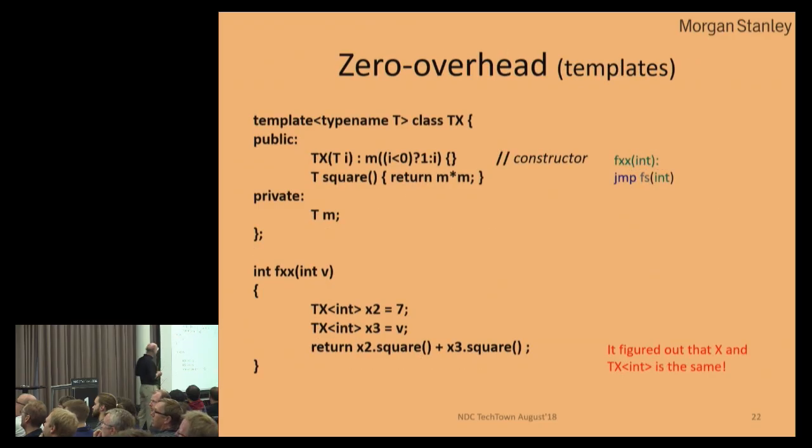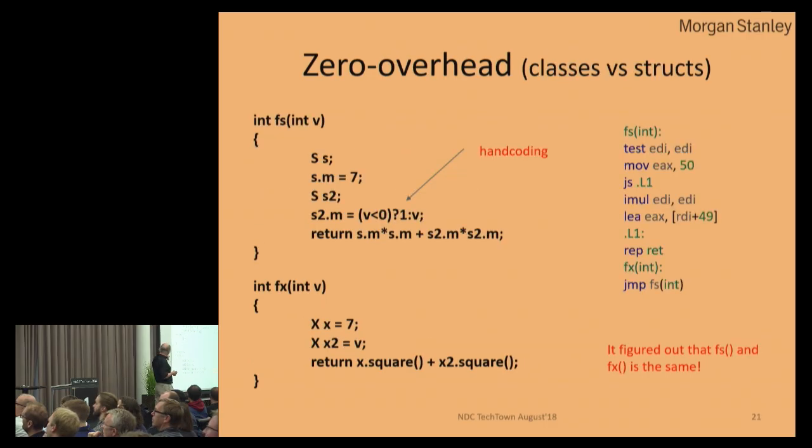And let's go to templates. There are people who avoid templates because they're supposedly expensive and complicated. But what I've done there, instead of having the class X, I have X of T, where the member is of T, which is a parameter. And then I try that. I try it and use it instead of the X that I had in the previous slide.